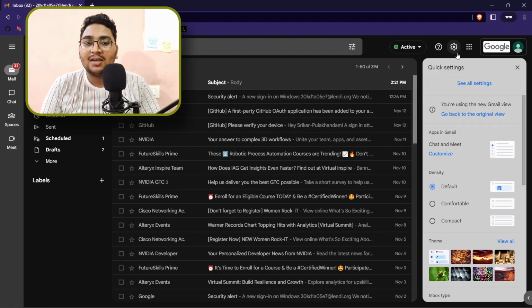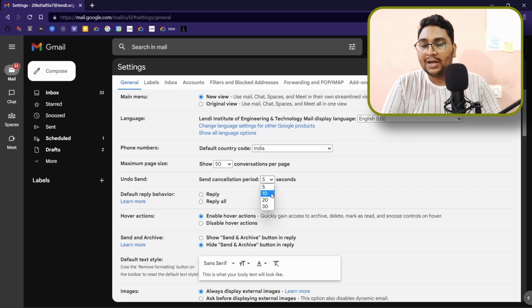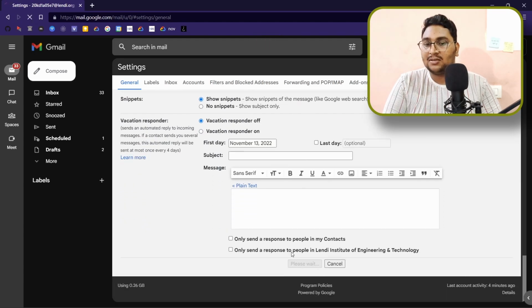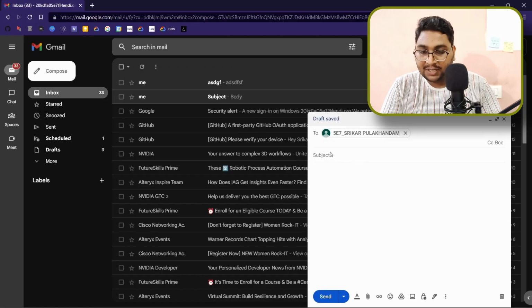Go into the settings, click on all settings. You can see undo send in the general settings here, and then you see send cancellation period, 5 seconds. You can click on the drop down and extend the undo send to 30 seconds. Scroll down and say save changes. Your changes will be saved, and next time you compose an email, let's say I'm sending an email to myself,